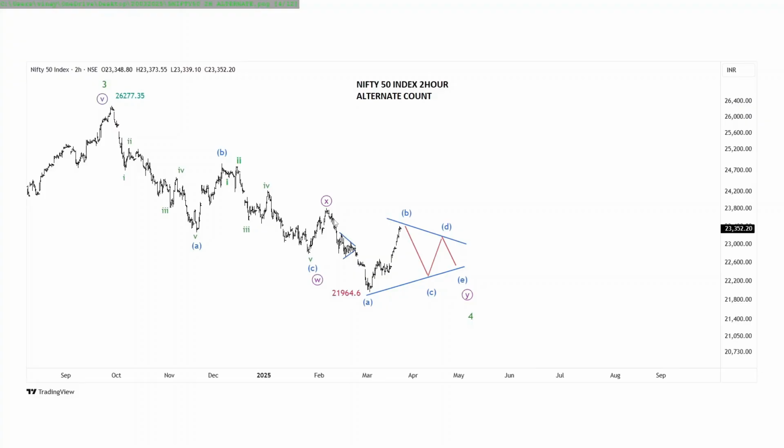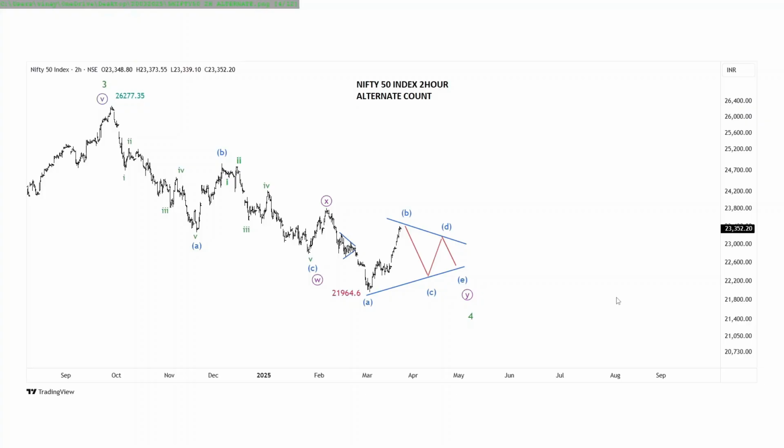move in Nifty is a three wave affair and also a very short wave. So there is a possibility that it goes sideways and forms a triangle wave Y. This possibility will remain there until X wave high is crossed by this strong up move. If the current advance crosses X wave high, then this count will become negated. Otherwise, the possibility of this wave tracing out a triangle will remain there. So that was about the Nifty index.